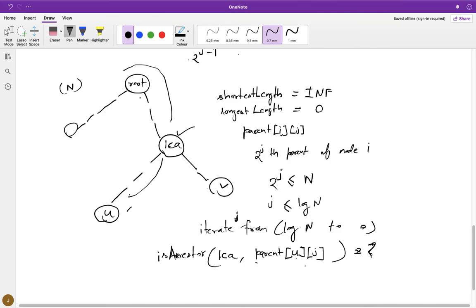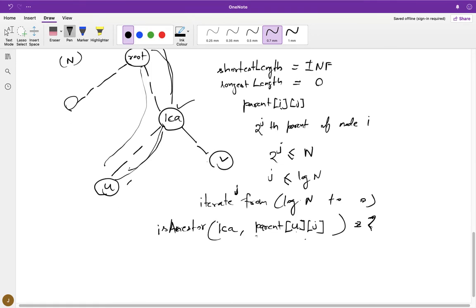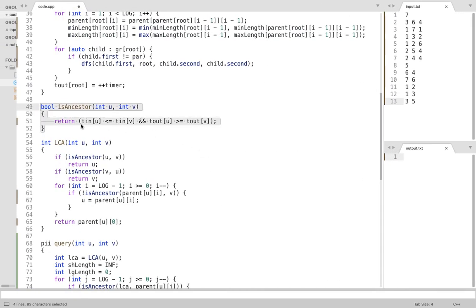The ancestors of node u are in this path only. So any ancestor of node u can either lie inside this path or in this path. Now, I hope you remember the is-ancestor function from Euler tour from the last lecture.